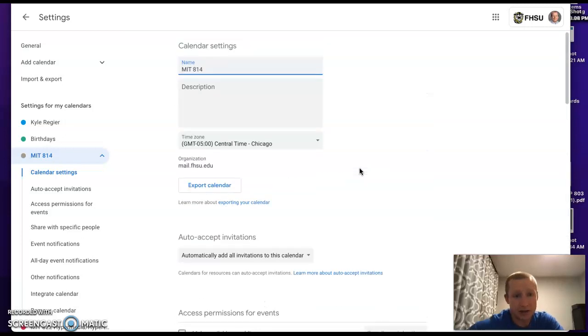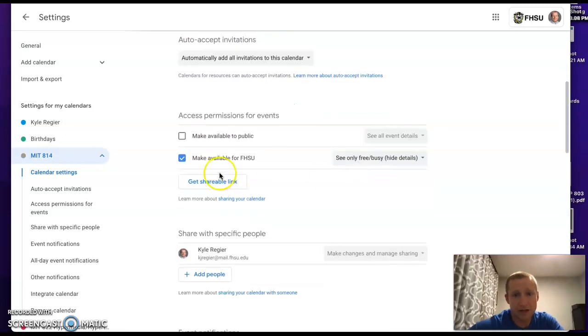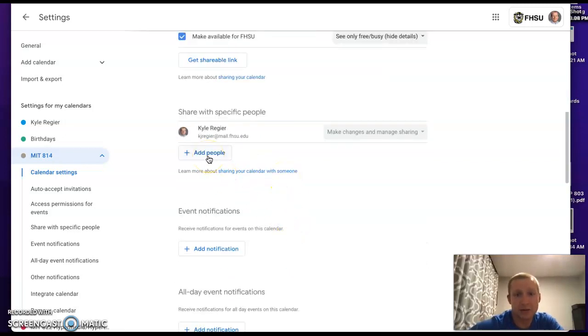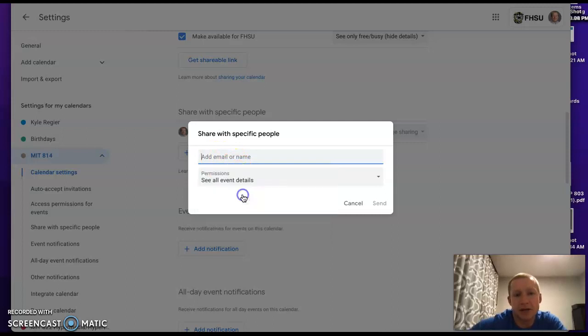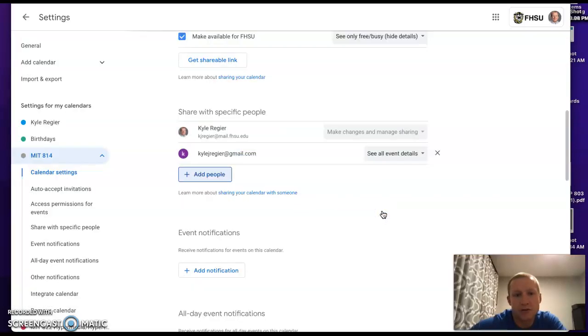So I can come down, I can make it available to the public, so anyone can do it. Available for FHSU, anyone that's involved. Or I can just add people manually. Or if you're like the school that I'm at right now, where all the staff are involved in one email, you can do that as well. If I add my personal email, I'll send the invite. That person's now been invited and they just need to accept and they can